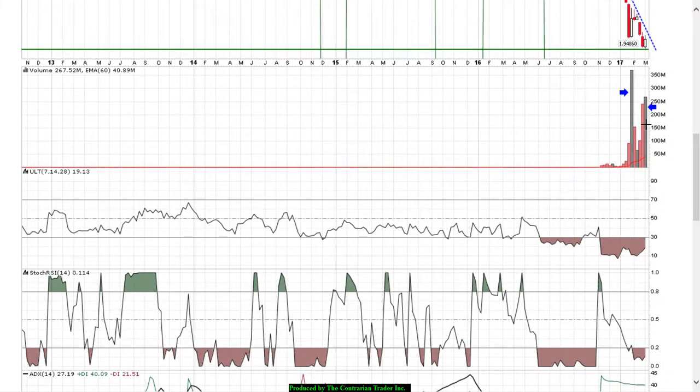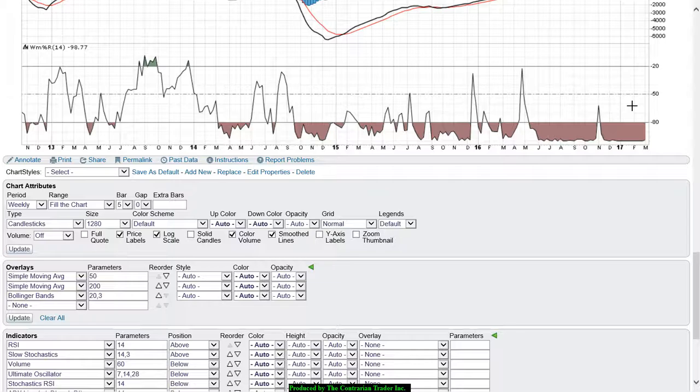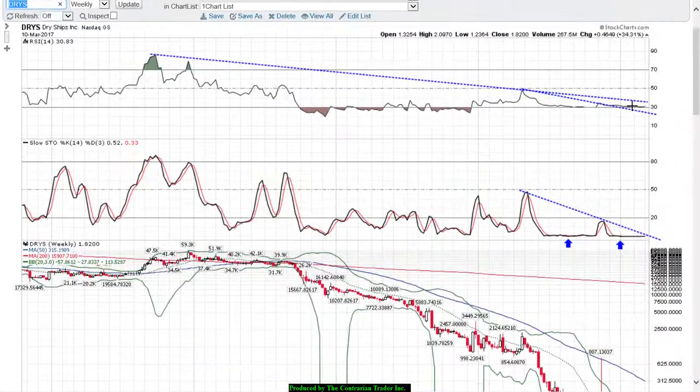The volume cannot be ignored. That's institutional accumulation. This is a signal by the market. As Investor's Business Daily's William J. O'Neill puts it, it's like an elephant entering a bathtub. This is a sign that the markets are giving you that there's accumulation going on by hedge funds, institutions, etc.